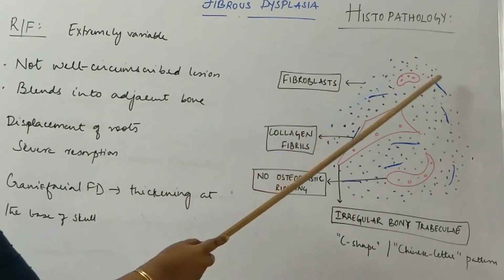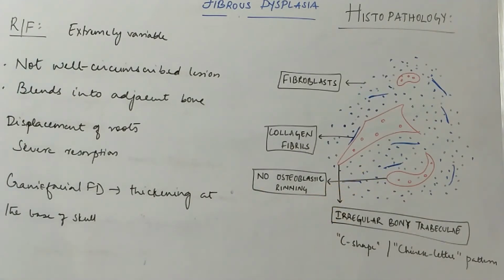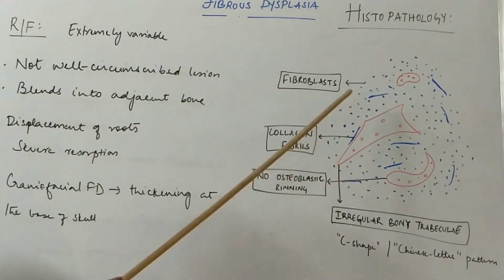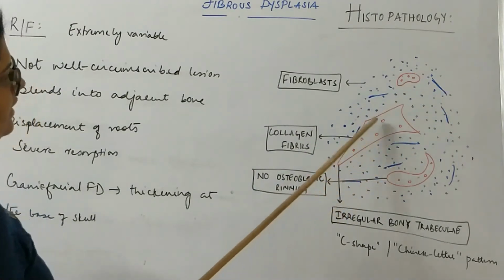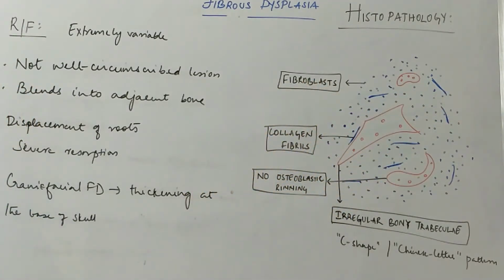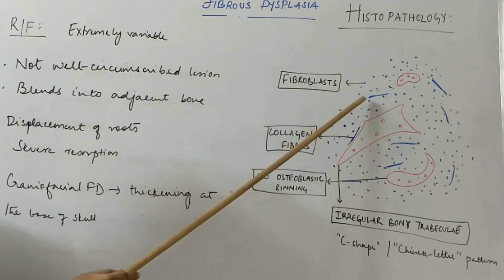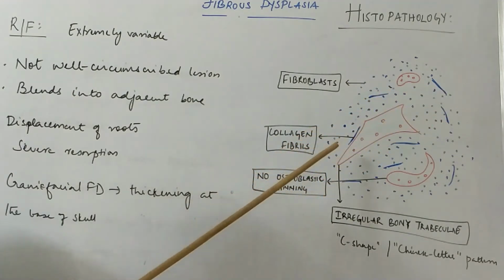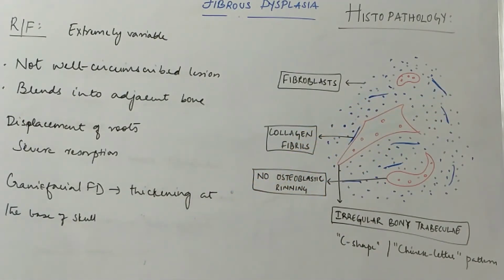The fibrous stroma is essentially a fibroblastic stroma, where you see a lot of these cells, which are nothing but fibroblasts. When you watch it under high magnification, the cells appear spindle shaped, characteristic of fibroblasts. Here and there you see some fine collagen fibers. So it's not very fibrous. The collagen fibers are fine and interlacing. So this is about the fibrous part.